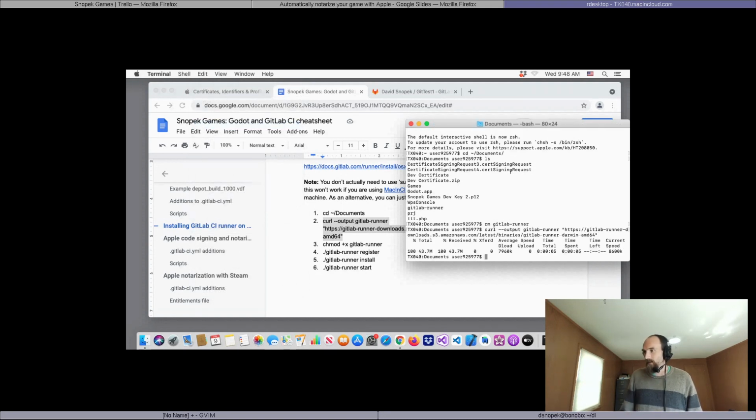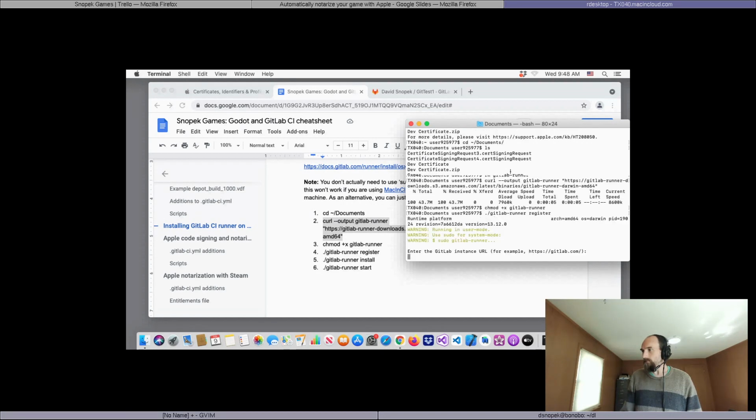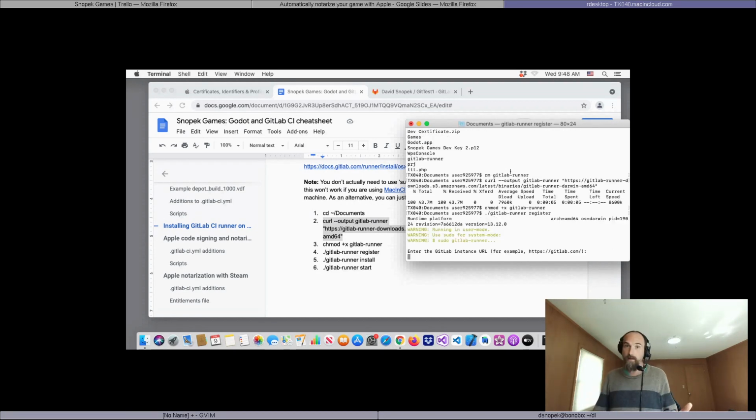All right, now we need to run the next command, which is chmod +x gitlab-runner. And then we are going to register our runner with gitlab.com. Because GitLab is open source and isn't necessarily only run on gitlab.com, you could have your own instance of it. You need to put in the URL to the GitLab instance. We are using gitlab.com, so we're just going to enter